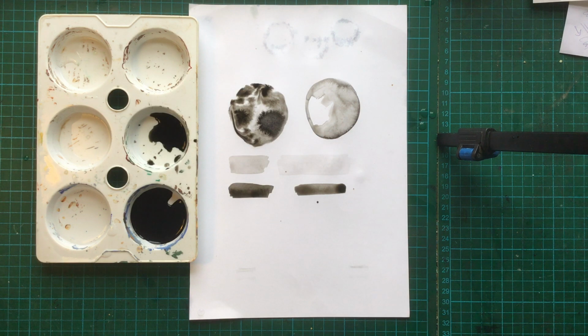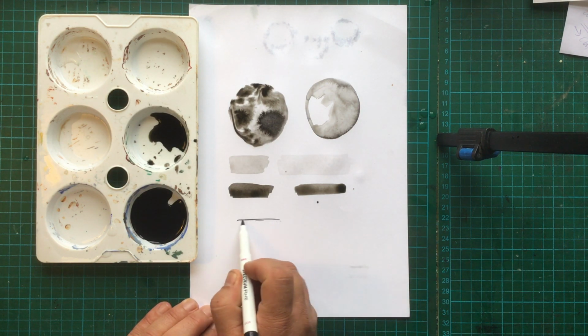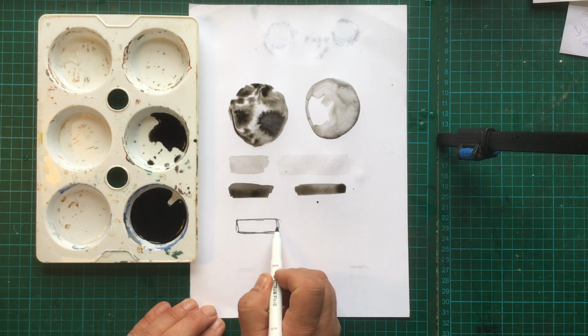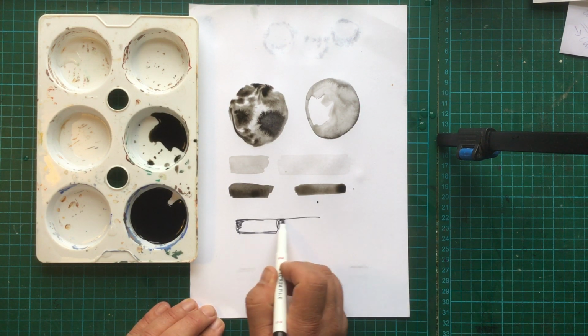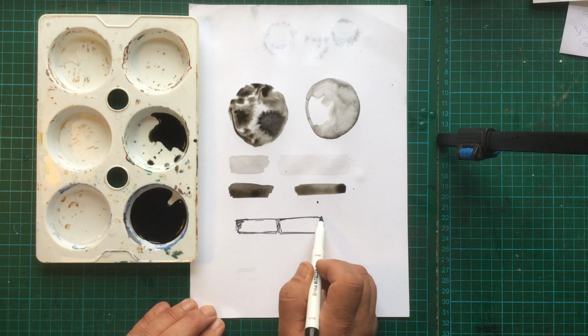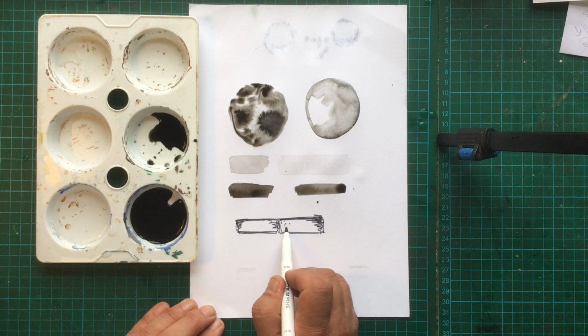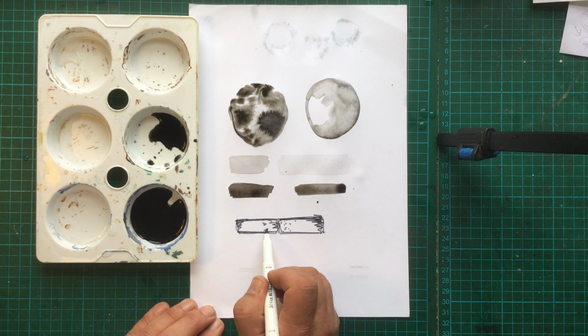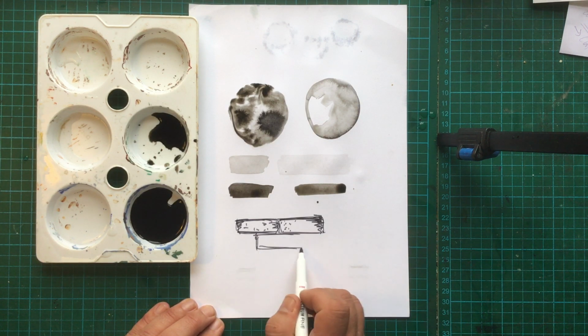So what you can also use is water-based pens. So what I could do, let's do a little kind of brick wall here. I'm being quite rough with this, just a little quick little illustration. A bit of stippling, a few little marks,